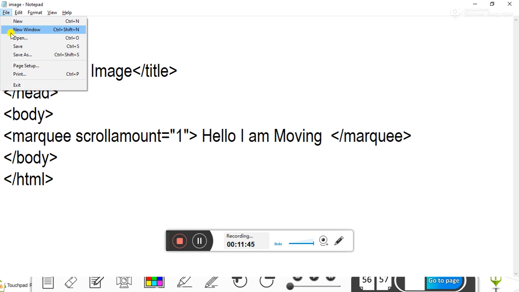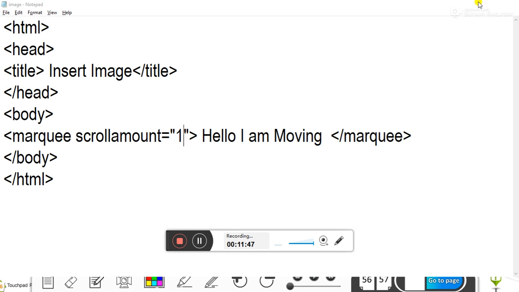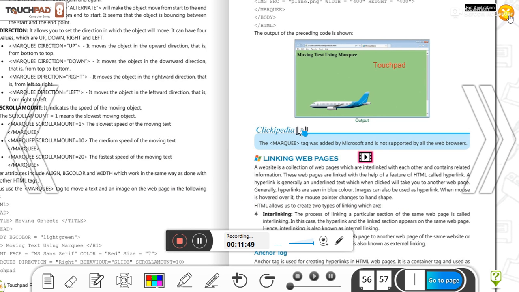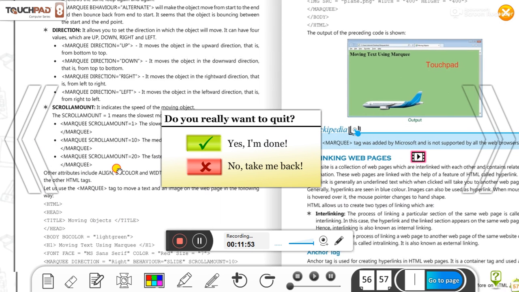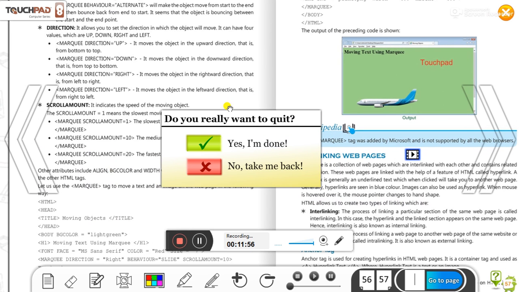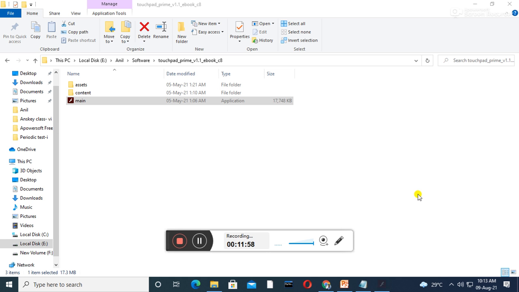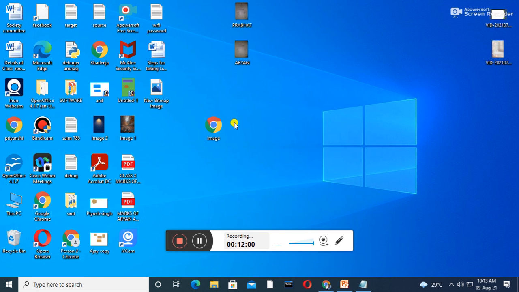Save this file and run it. Look here, I am pressing 1. It is moving text very slowly.